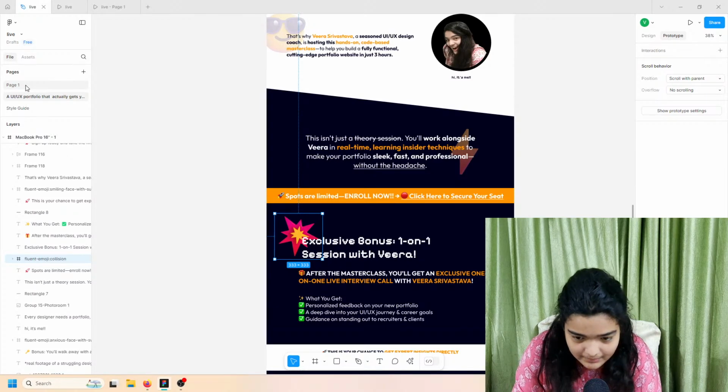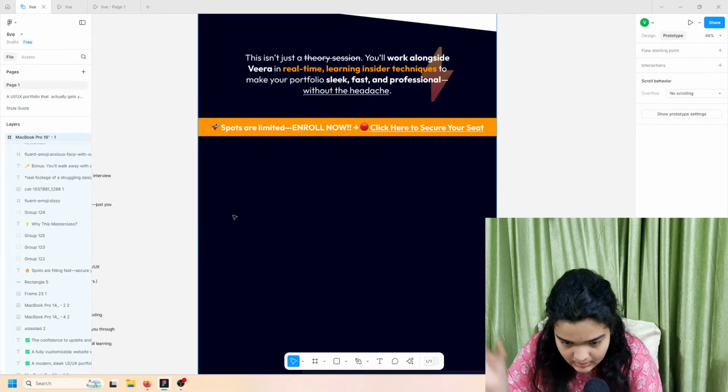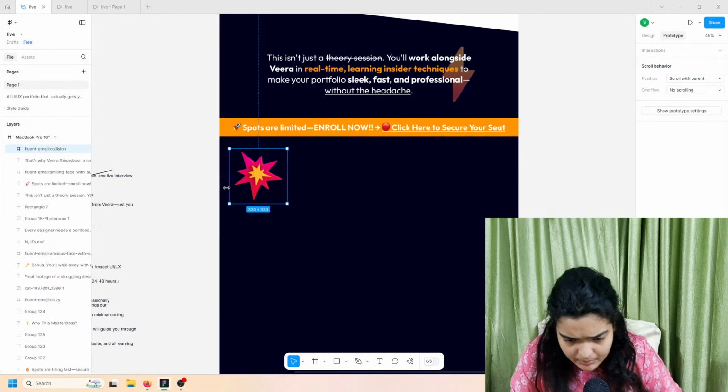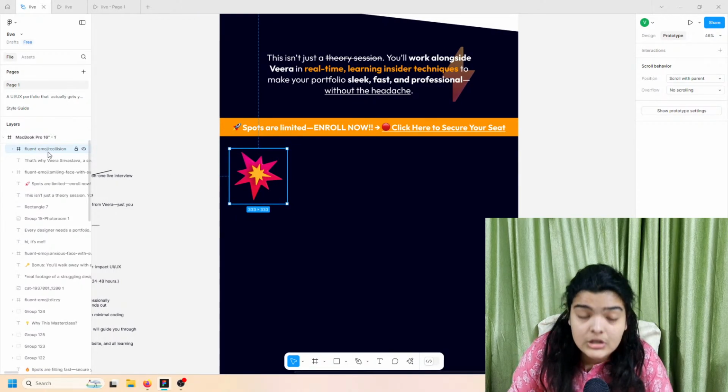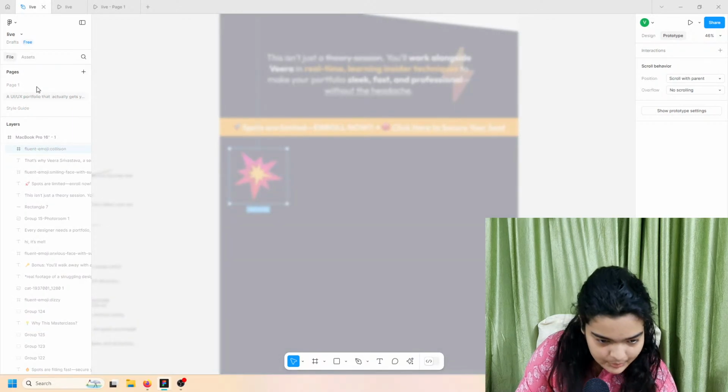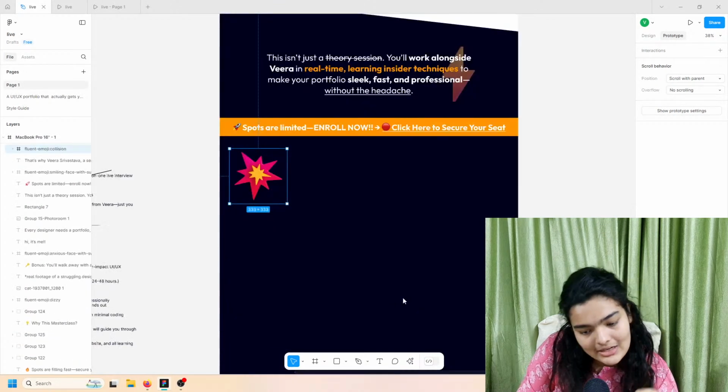I'm just quickly copying this image because it's a real world project, I can't afford to waste time. But you can find it from the Fluent Emoji icons, Collision. I just forgot about this completely. Collision. All right, with that out of the way, the next thing we're building out is our title, our